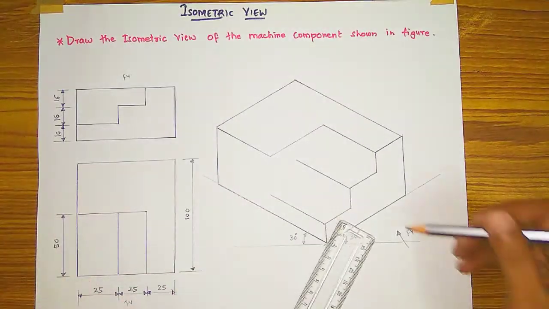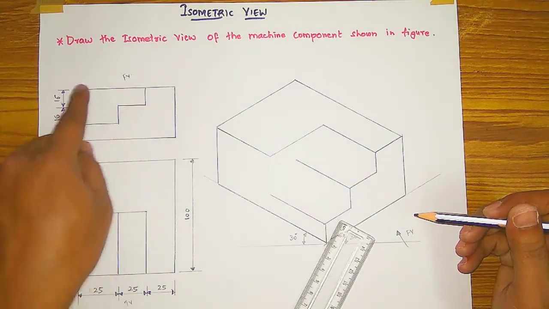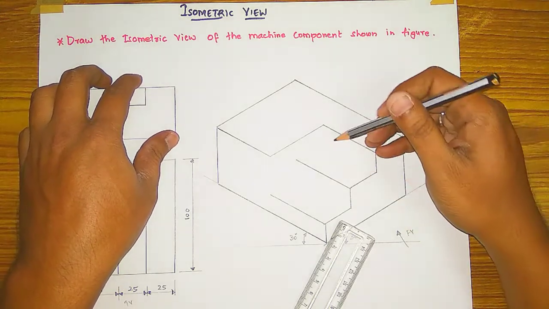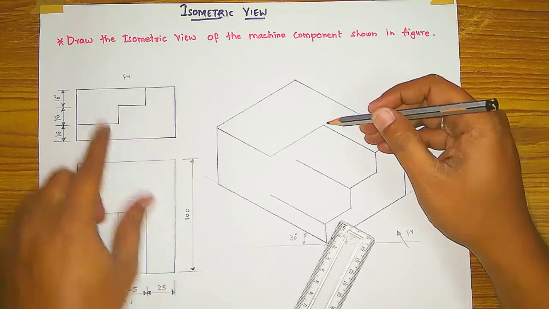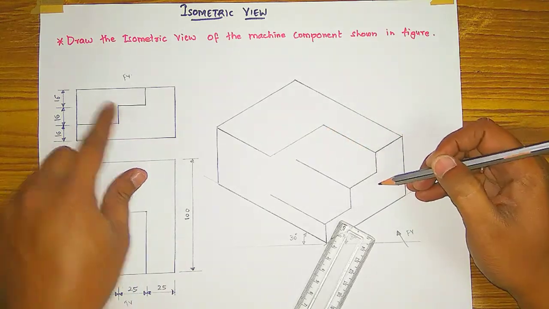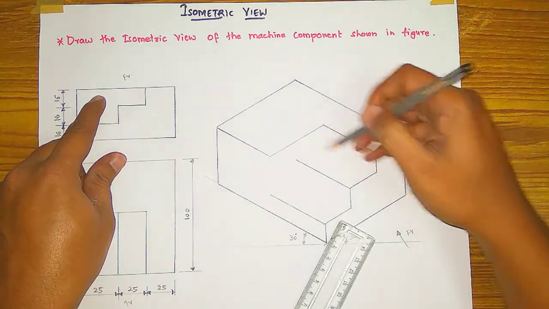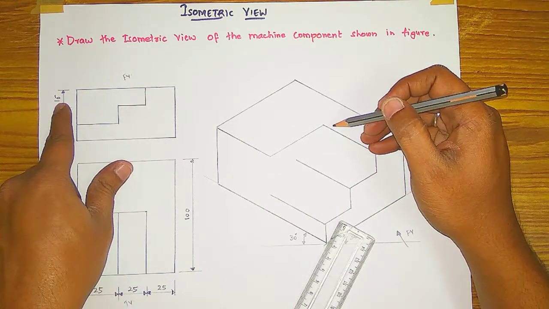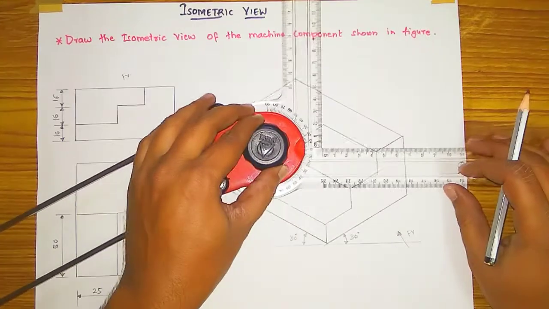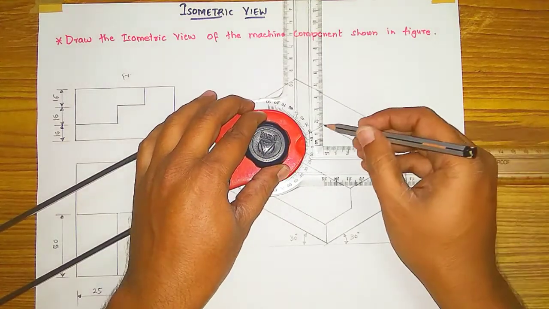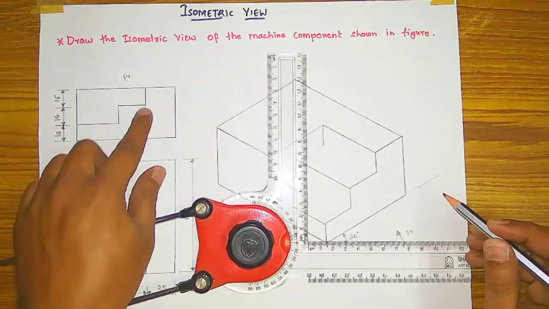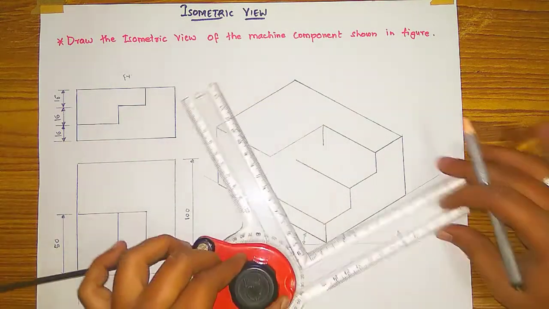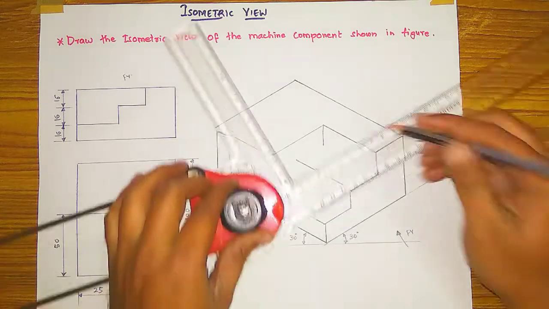Okay, now from the front, if you see, this is the cutout section I am drawing. From the front you are drawing, this is the front view, so you have to draw from the front only. So this section I am drawing now, means this section is exactly with this section straight to it. So the height of this line is how much? 16 mm. So from here 16 mm you have to draw like this, and this line is of 25 mm as given in the top view. That line we have to draw parallel to this angle.